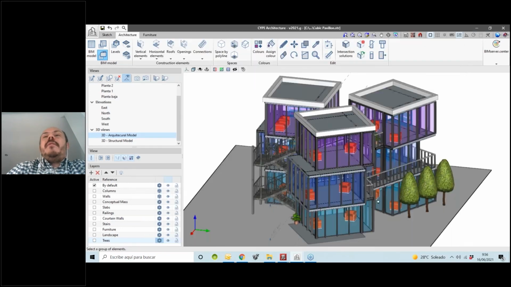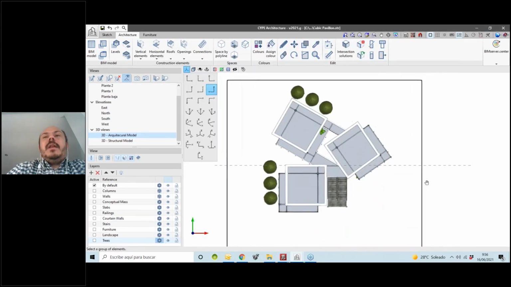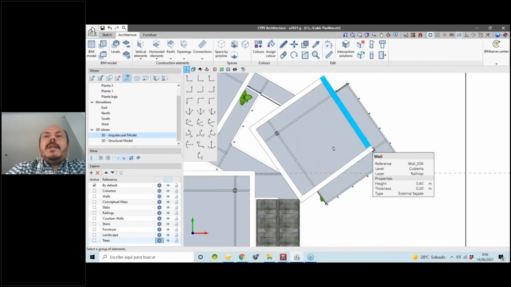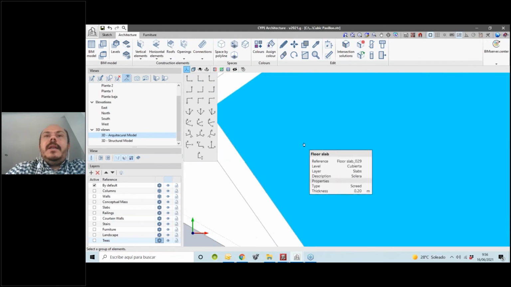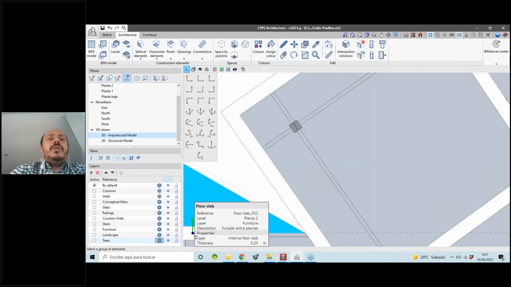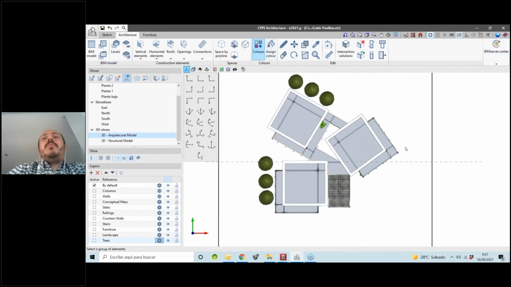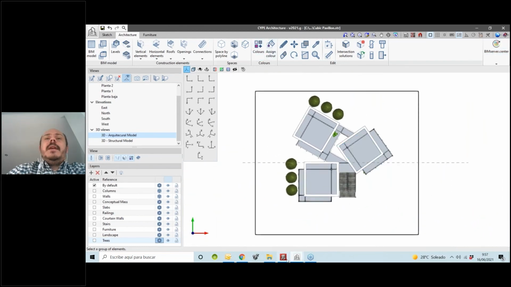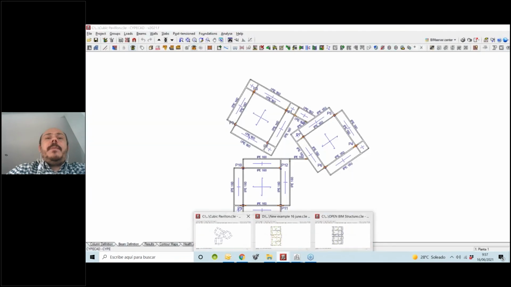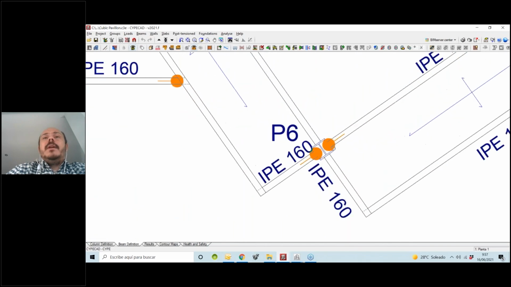Okay, some of them have a specific angle, because if you see this project in a floor view, some of these columns are in a specific angle, maybe 30 degrees, or they are not orthogonal to the main axis of the project. But this information was exported to BIMserver.center, and here inside of CYPECAD, this information was imported, and I defined